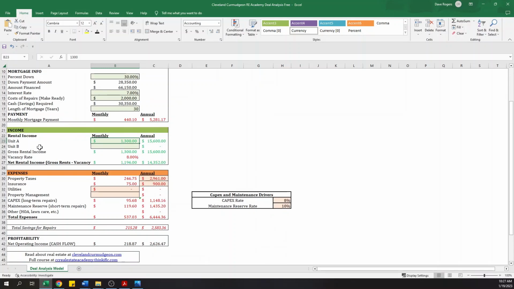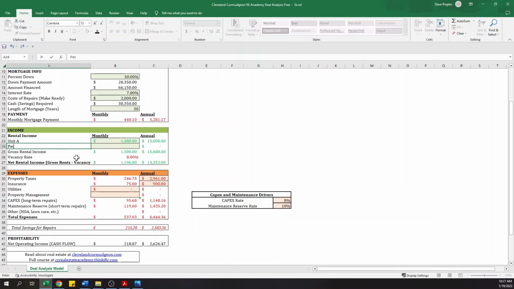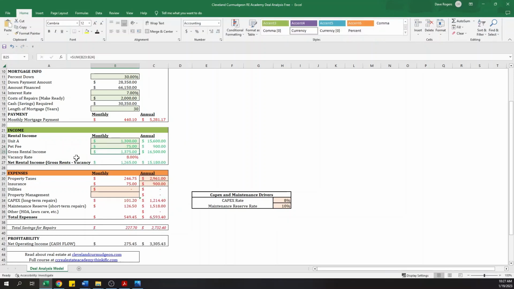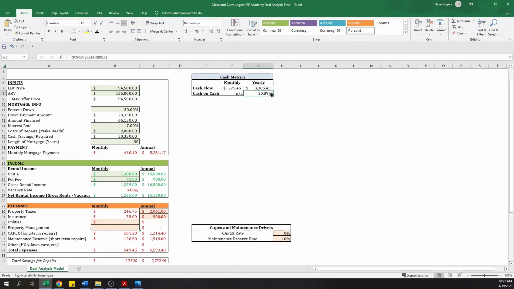Second thing, maybe I can charge pet rent, right? What if I can charge 75 bucks a month, 900 a year on my pet rent? Now I'm getting 10% a year, okay? I've now reached where I like this as a deal. I'm going to get 275 a month cash flow. I'm going to get 10% return on my money. This looks like now I'm ready to pay these prices, okay? So